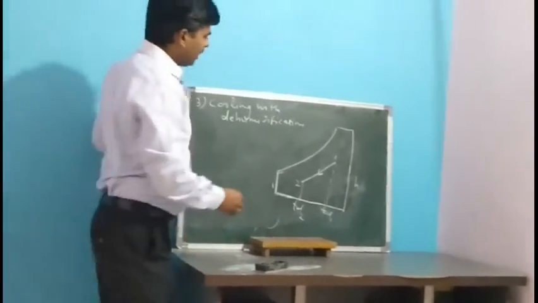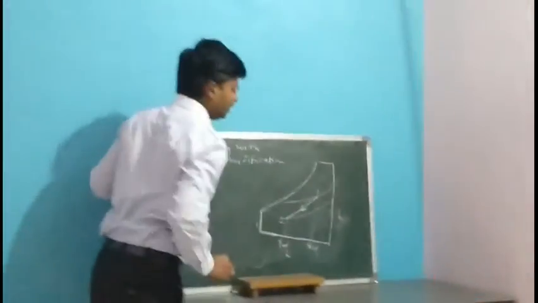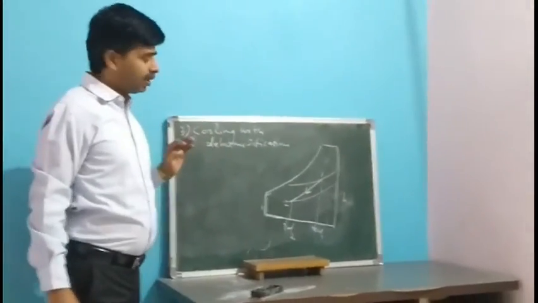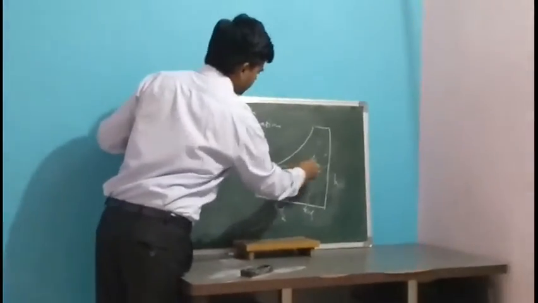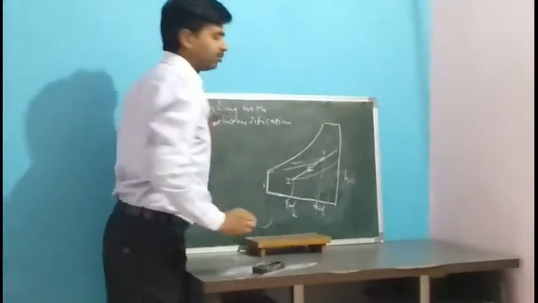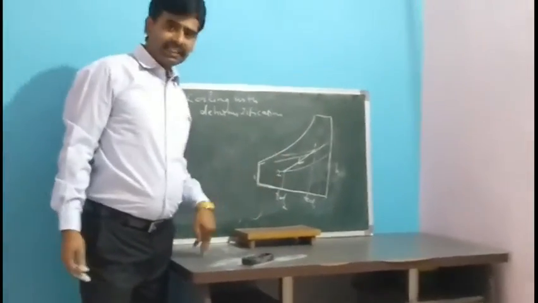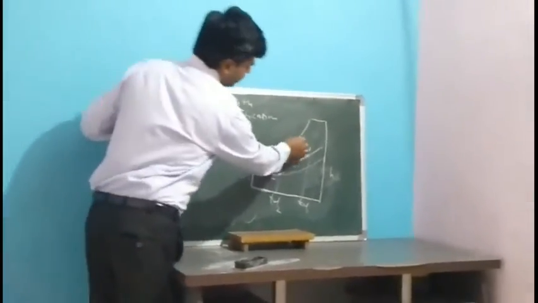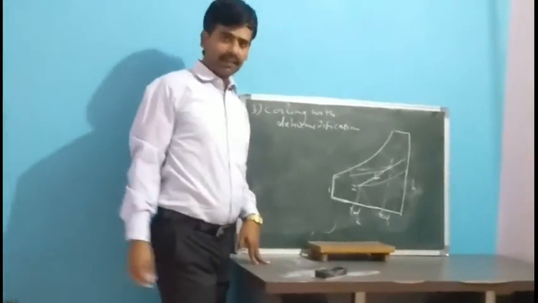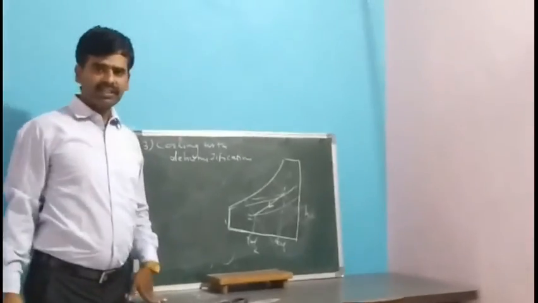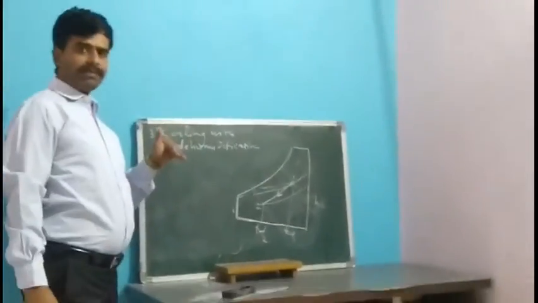Whereas the relative humidity in this case is decreasing. Relative humidity lines are basically the lines parallel to the saturation curve. So relative humidity is decreasing in this case. Then WBT is also decreasing here, and DPT, that is dew point temperature, is also decreasing. So it is a cooling with dehumidification process.